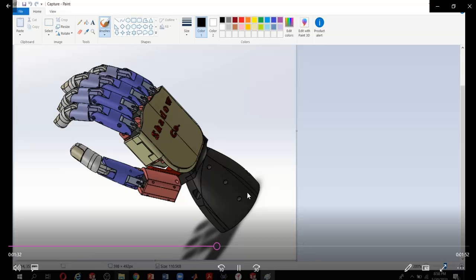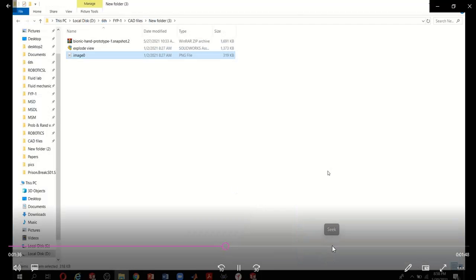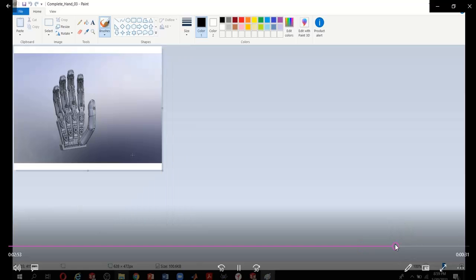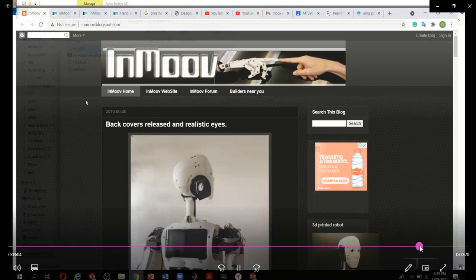So we considered this model. Moreover, this is one of the most complex ones, but you can see the revolute joints existing between each of the links. Moreover, this is one of the other ones.